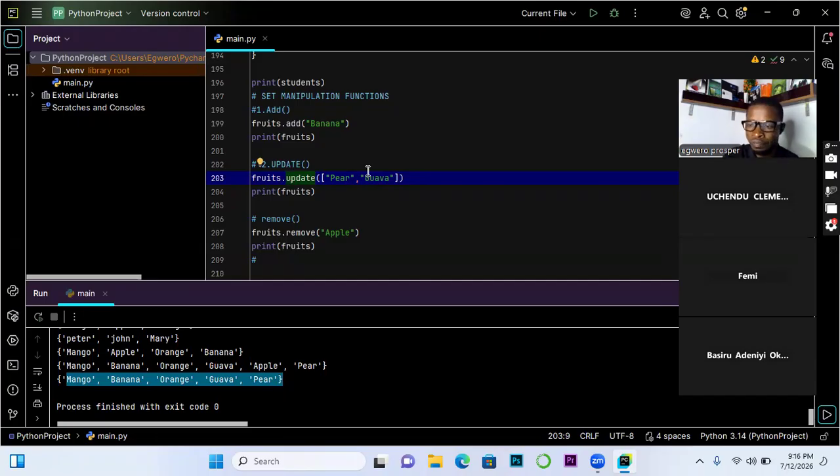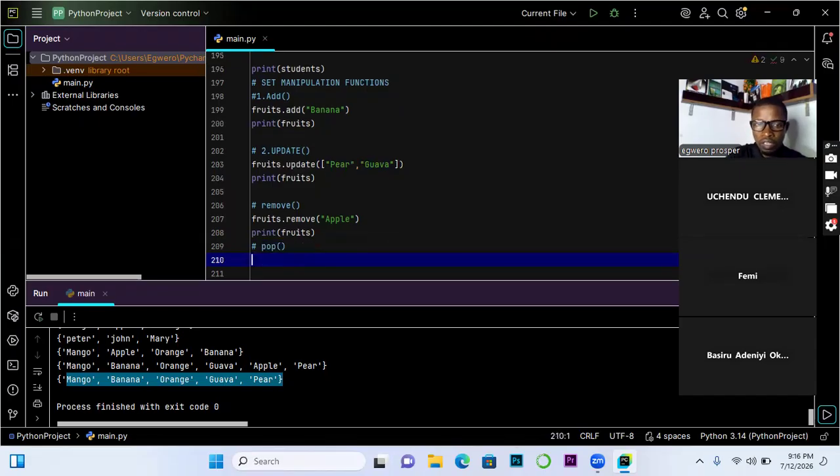Okay, so now let's look at the next one, which is the pop function. Pop is to remove a random item.